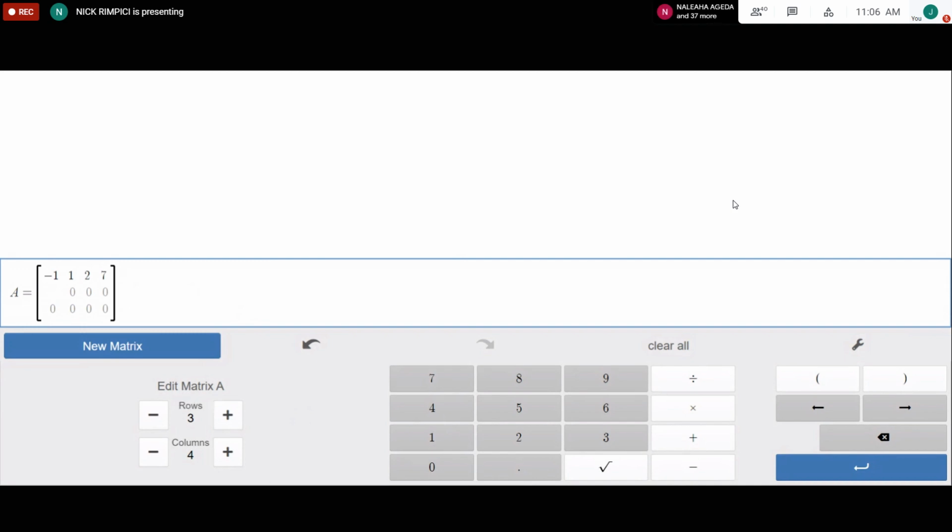My next row is 1, 3, -1, 5. And then my last row is 1, -5, 1, -3. Once all your data is in, you're going to hit the return key,